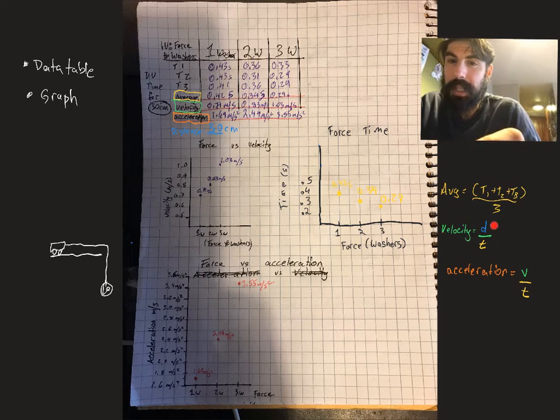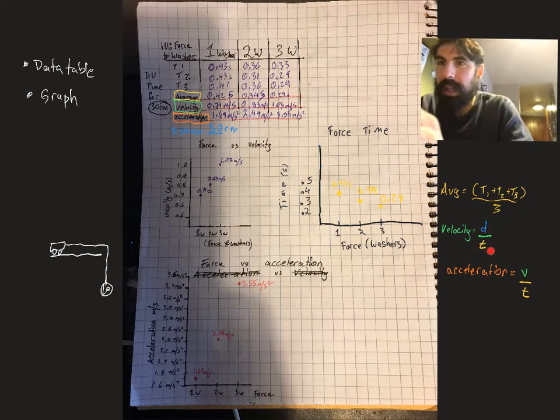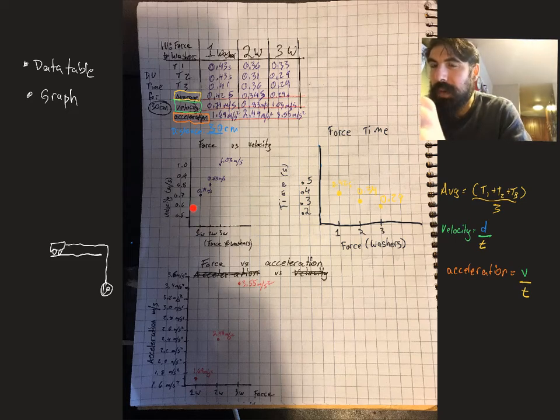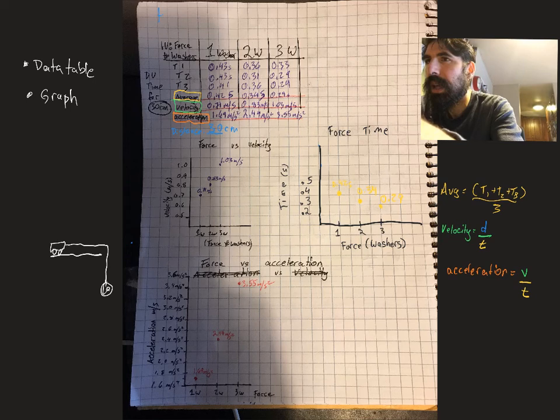To calculate velocity, we take distance divided by time. That'll be my 30 centimeters, whatever your distance was. So I'll have distance, 30 centimeters, over that time. And that'll give me my velocity in each of these columns. And then I can calculate acceleration once I have my velocity: velocity divided by time, and that'll give me this acceleration graph. And you can see that as I increased the force, the velocity went up, and so did the acceleration, which makes sense. And that's going to help us answer the question,